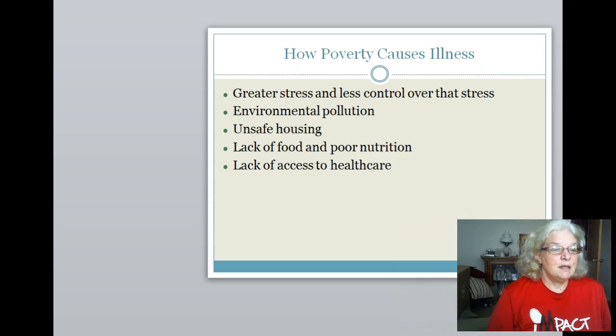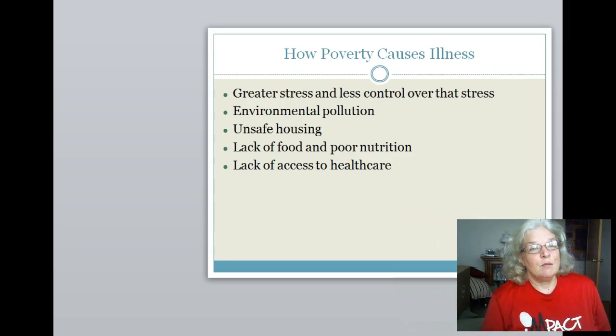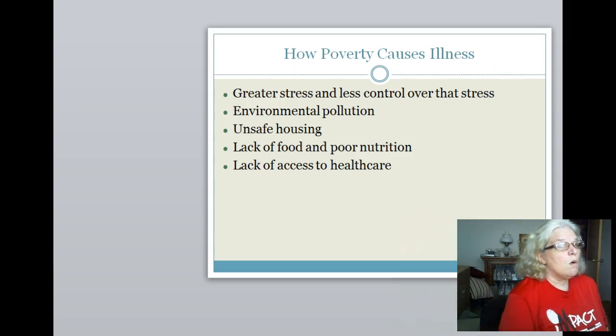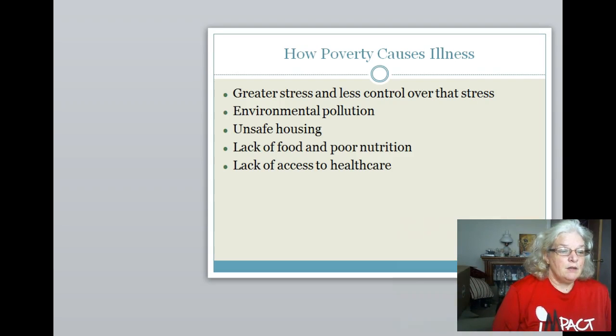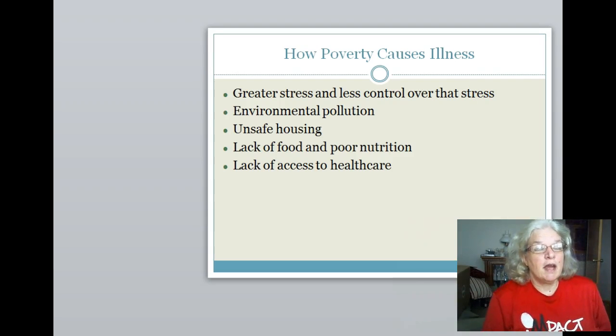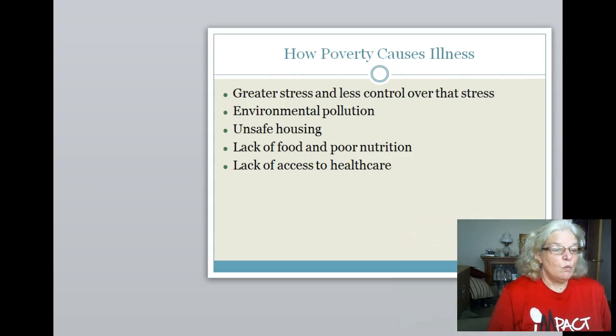Unsafe housing is a significant issue, whether the windows are closing, whether the lead paint is on the windowsill, whether there are problems within roach infested environments, or mice coming into the home, or poor sanitation issues that will affect someone's health. And there's a lack of food and poor nutrition. And we look at how many people are faced with nutrition issues related to poverty. Some pretty strong points as you explore some of the videos you're going to be seeing in this chapter.